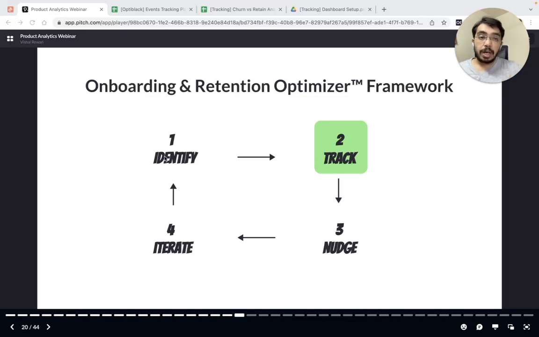All right. So now we are at the second step of the onboarding and retention optimizer framework, which is the track. This is where you would see step by step how you're going to track those events. All right. So with that, step number one,